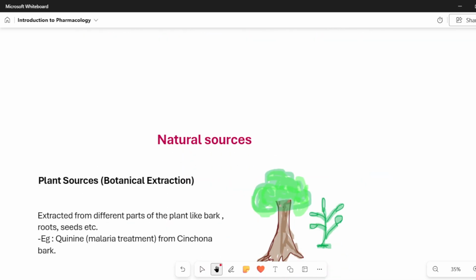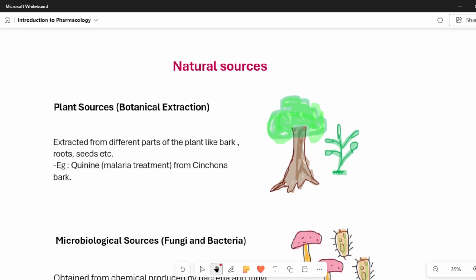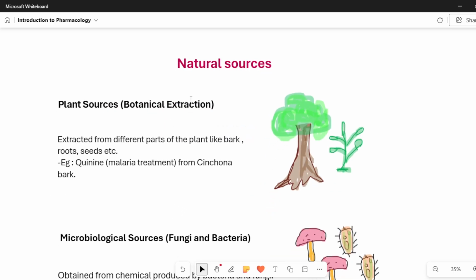So natural sources. How do they get the drugs from these natural sources? Plant sources are one of the natural sources. We get drugs from the bark of the tree, from the roots of the plant, from the seeds. All these are got from plants. For example, quinine is a drug which is used for malarial treatment and that is got from the cinchona bark. So from the cinchona tree's bark we get this drug called quinine.